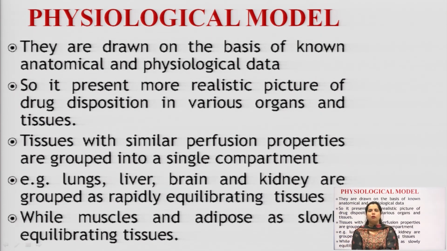After the compartment model we have studied physiological models. In this, the mathematical designs depend on the physiology and anatomy of the organ, and based on vascularity, blood flow and binding affinity, we generally consider particular organs as one compartment, or we see that the drug is uniformly distributed based on blood perfusion through that particular organ. Whereas,